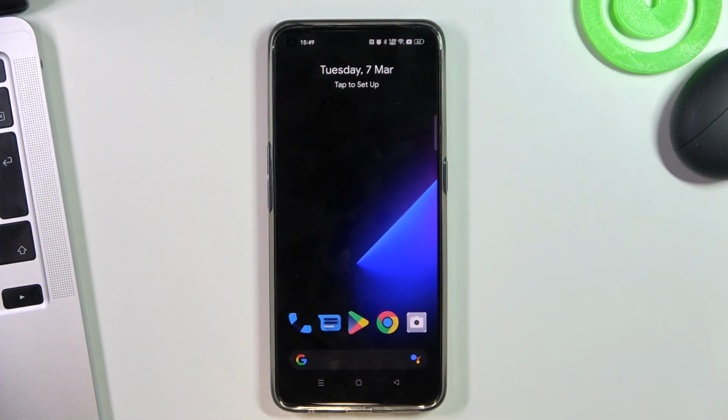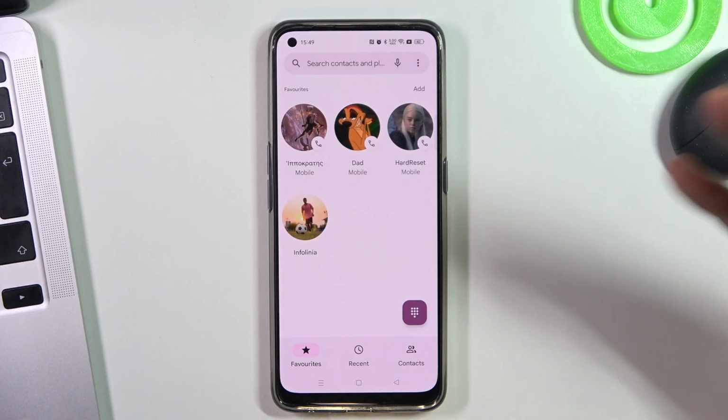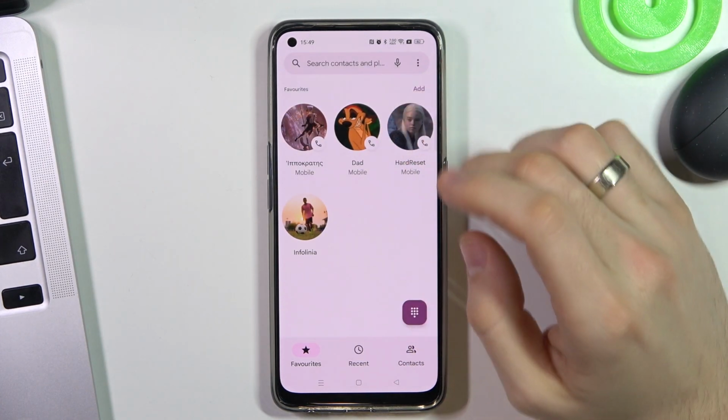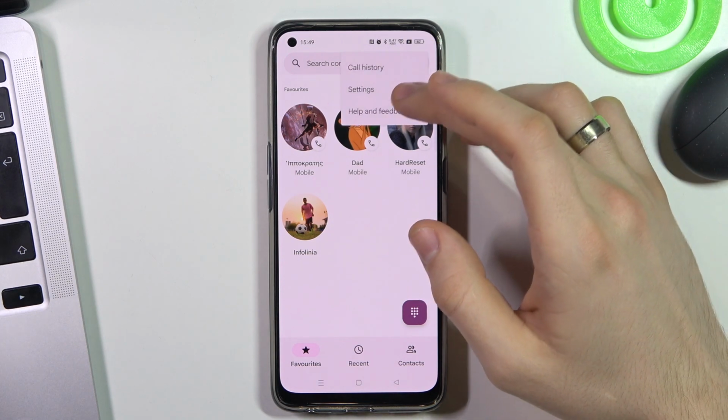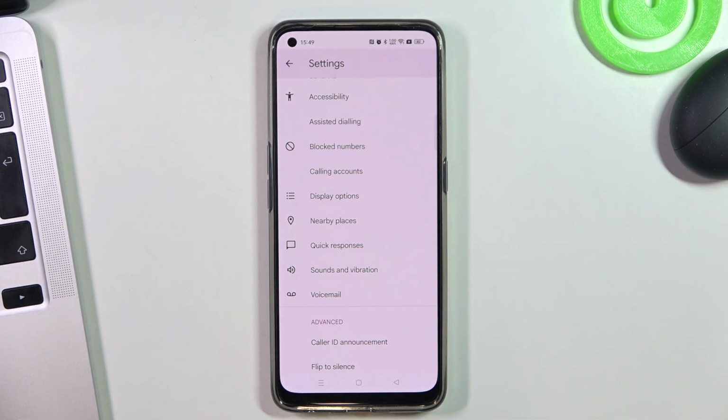So, firstly, if you live in India or not in Europe or USA, you can just open your phone application, then click on this three dots button, click settings, and here under the block numbers you will see call recording feature, but the laws